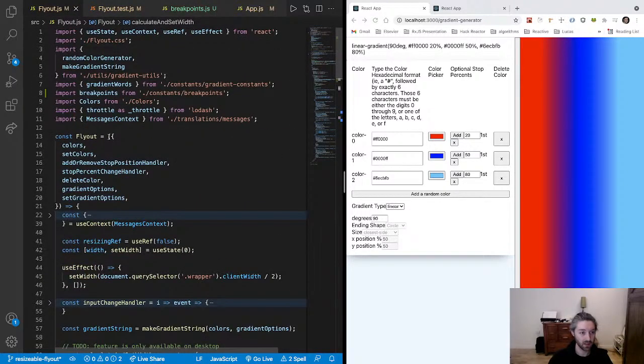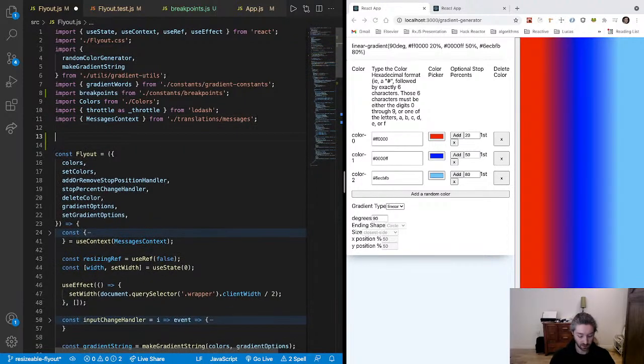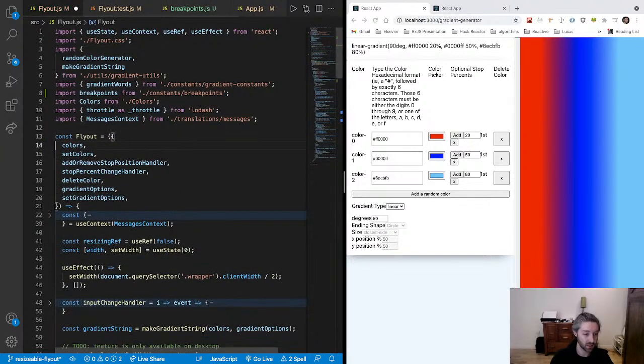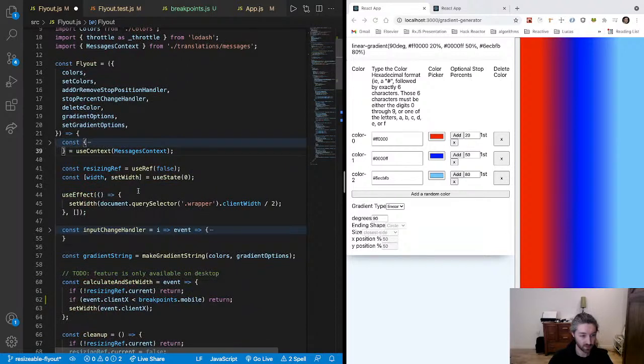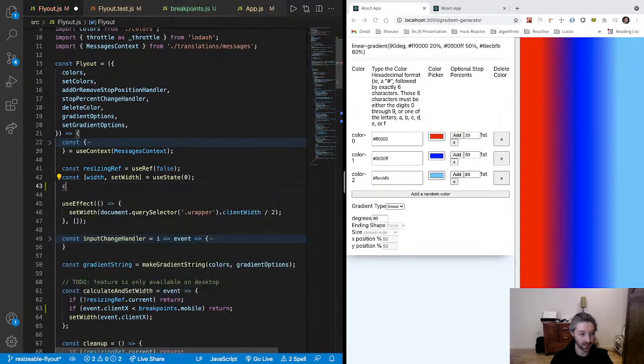So I suppose this can be a local value. We could say something like max flyout width. The max flyout width is going to be, oh, here's an interesting thing. Yeah, we would have this as state. So this is max flyout width, set max flyout width,